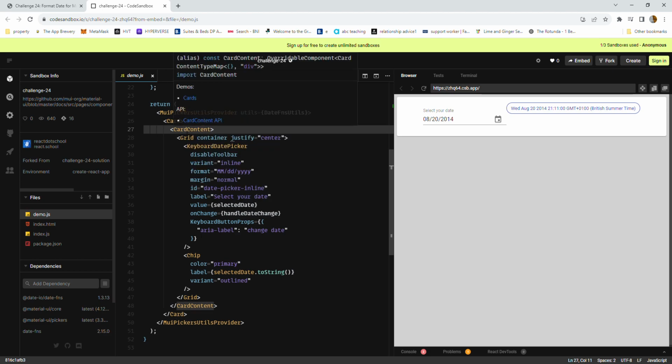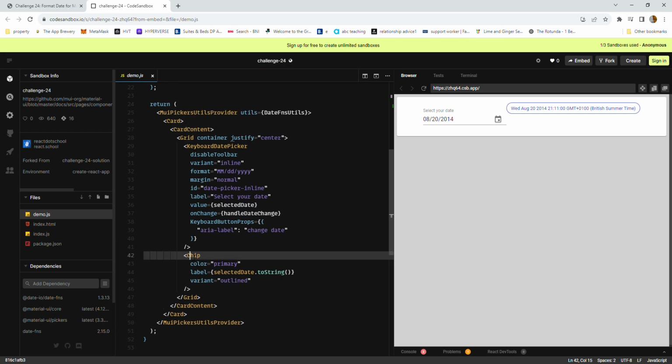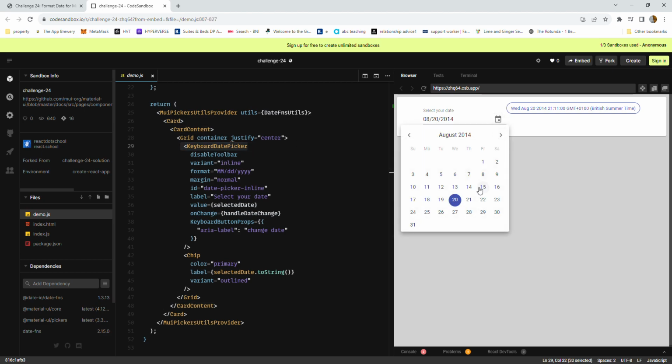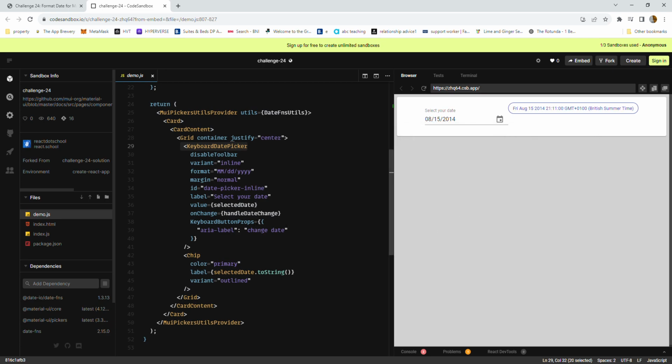Okay, so it looks like the whole thing is the card. All of it's the card and the content, and this white background is the grid. This keyboard date picker is the thing to the left, and the chip is to the right. So if we look into it,